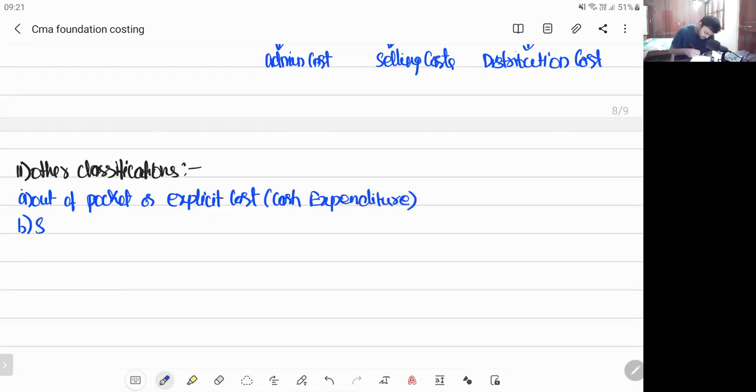Next, sunk cost. Don't think this sunk cost is something new. We have already studied something called historical cost, right? That is called sunk cost. Sunk cost is something which cannot be used for decision making purposes. Say, for example, you want to start a product. So you have appointed a few people to make inquiries about that product, and you have given them a salary of 50,000. They went to the market and made proper research, and they said that the product you are going to launch in the market is not going to be successful.